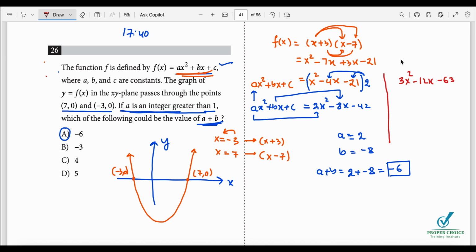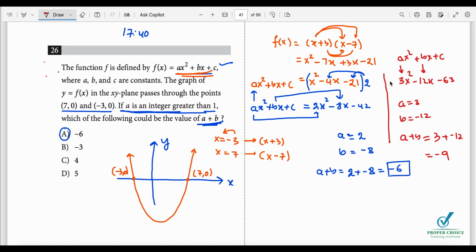This one I should compare with the standard equation ax squared plus bx plus c. Now in that case, the a value is 3 and the b value is negative 12. And when we are adding a plus b, 3 plus negative 12, the result is negative 9,